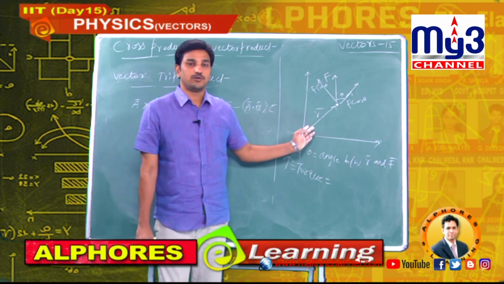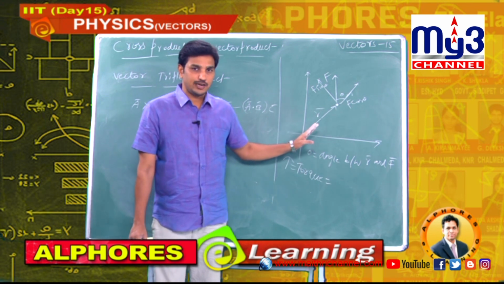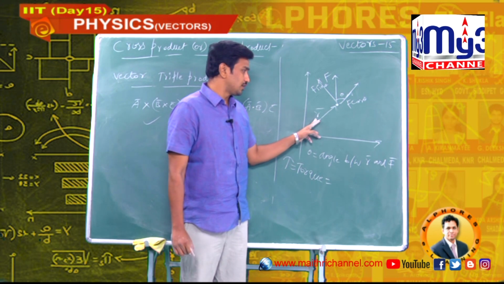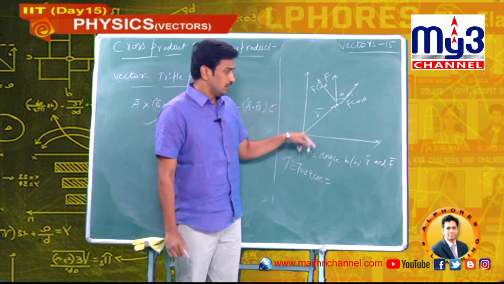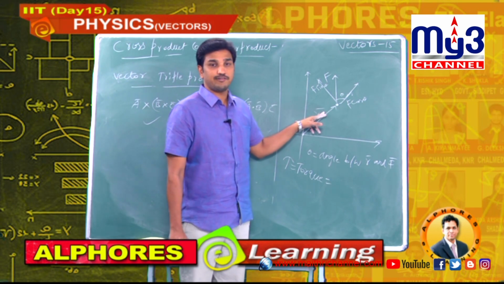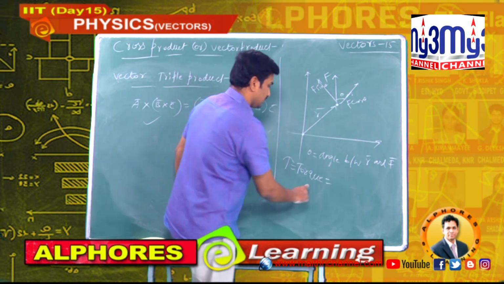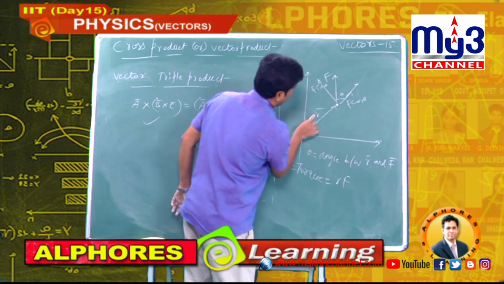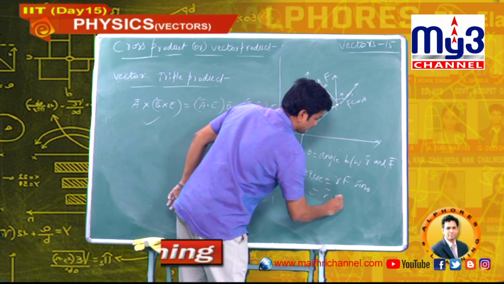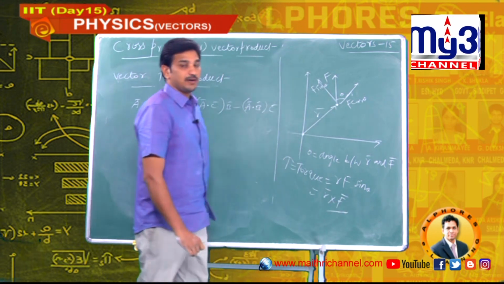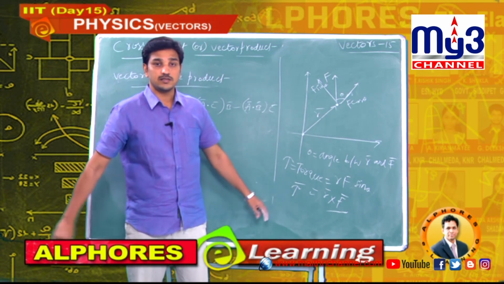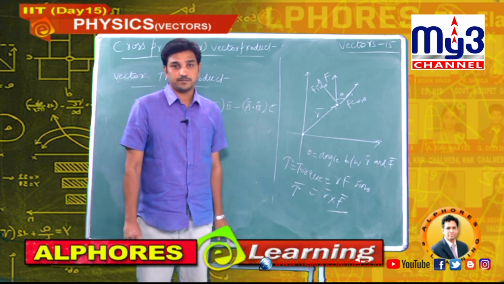Already you know this one from your lower classes. Rotational effect because of R and F. R is a fixed distance, F is the force. Now the product of these two perpendiculars is giving a rotational effect, that is nothing but torque. That is R F sin theta. What is exactly this? R bar cross F bar. Torque is a vector, that is R bar cross F bar.